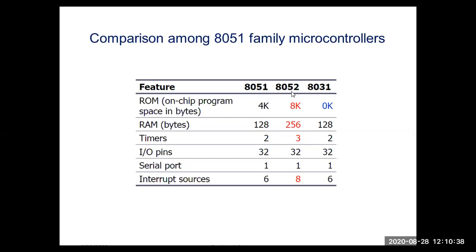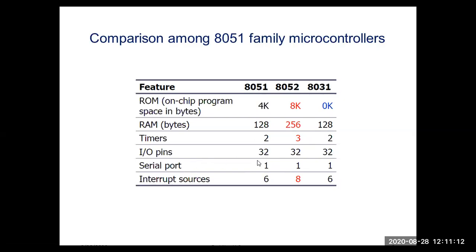In case of 8052, 3 timers are there: timer 0, timer 1 and timer 2. In case of 8031, again 2 timers are available, timer 0, timer 1. Number of IO pins available for this 8051, 8052 and 8031 are same, that is 32 lines are available for IO. Then a serial port, number of serial ports available, same, only one port is available in all